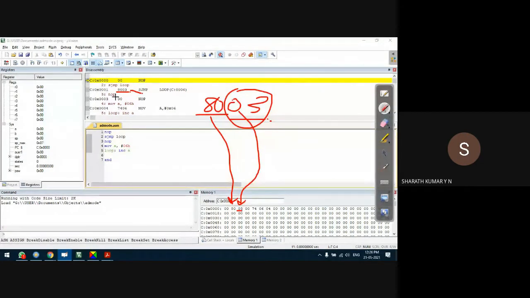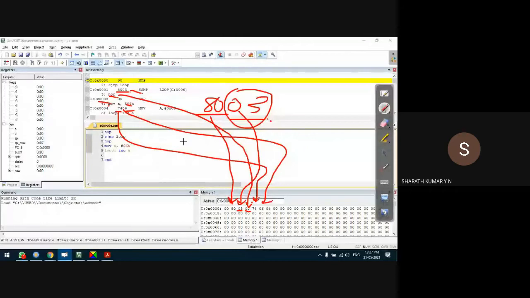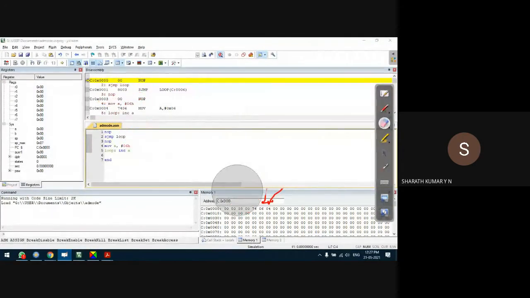Next, I have used one more NOP instruction whose operational code is 00 in the location 0003. And MOV, we know that it is 74H, as in the earlier examples, and 06 is the immediate data, which is part of the instruction, with the immediate addressing mode. So 74 is in the next location, and 06 is in the next location. And one more instruction, increment A, the operational code is 04, in the next location. Very simple. So data are stored like this.